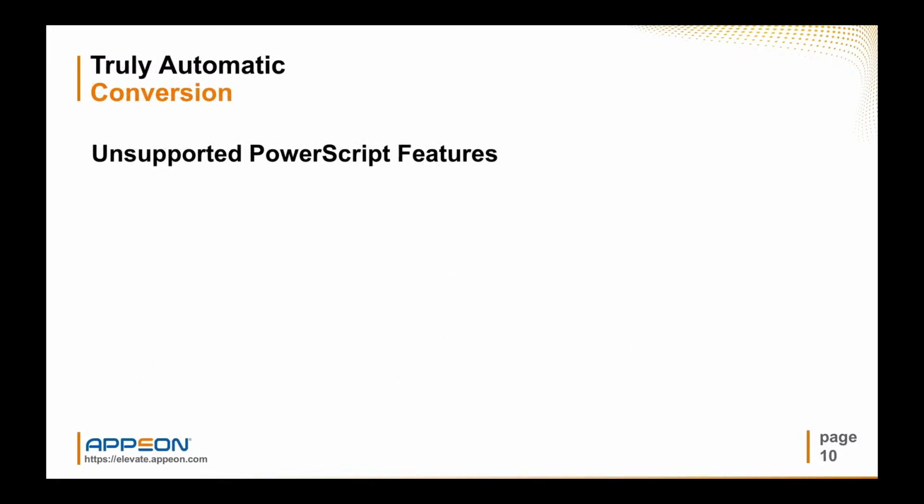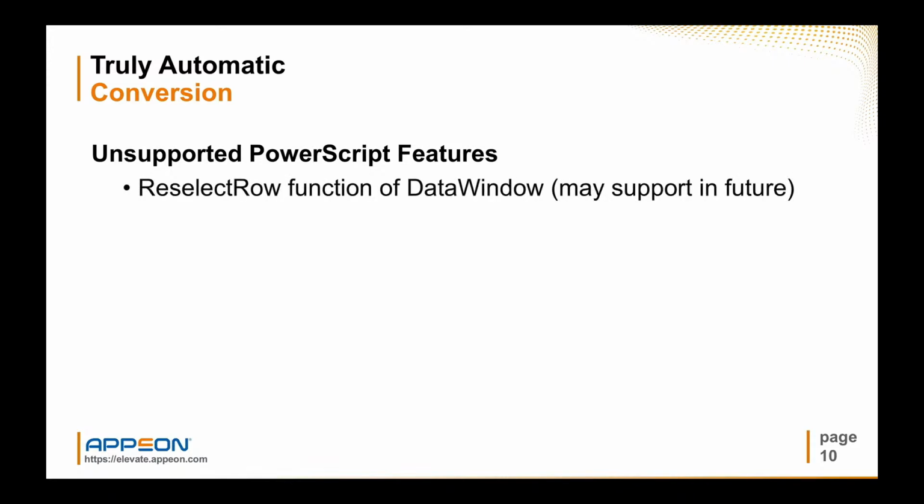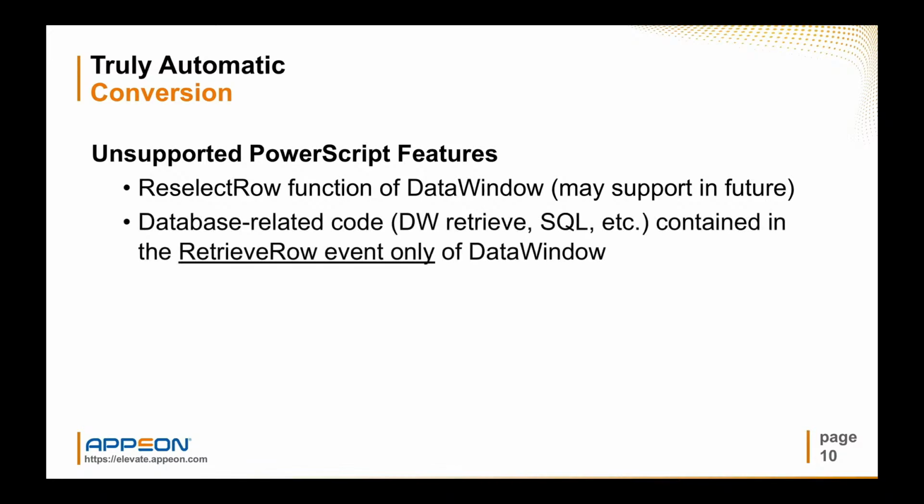Now, this conversion process is truly automatic. I said basically we support 100% of features, so let me clarify what I mean by basically. There are 2 features not supported. First is the ReselectRow function of DataWindow. Okay. Now, it's not something that we can't support, so it's possible we may support this particular feature in the future. The second unsupported feature is if you're using the RetrieveRow event of a DataWindow, and